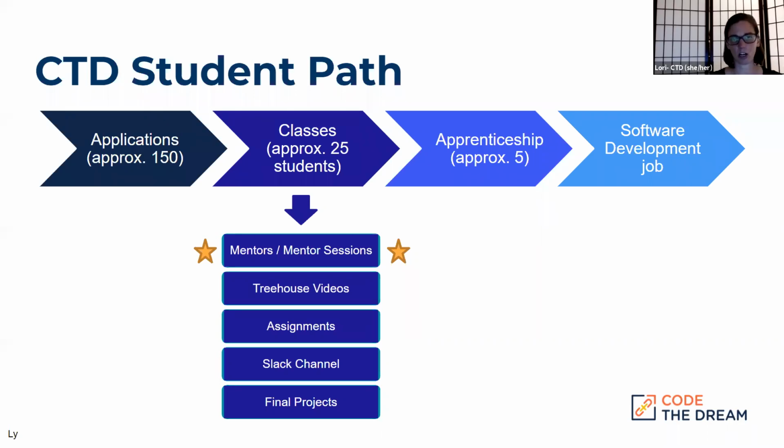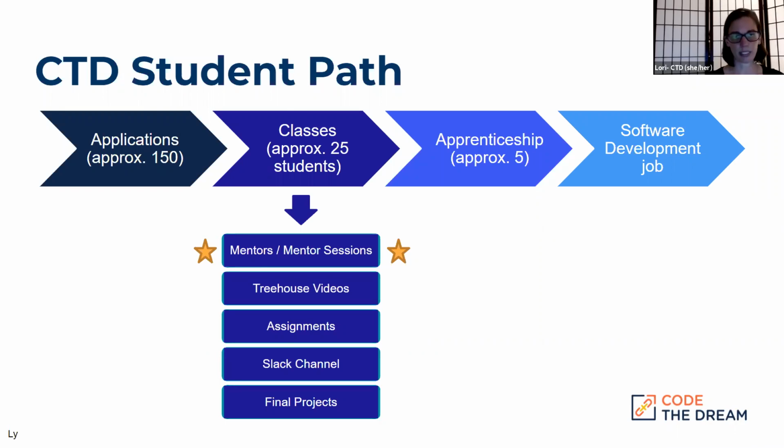But then each leg of our classes lasts approximately 4 months. So the intro class is 16 weeks, the Rails class is 16 weeks, the React class is 16 weeks. If a student successfully completes the intro class, including presenting their final project, they are eligible to go on to the React or Rails class. And in some cases, we do have students come directly into the Rails or React class if they can demonstrate some mastery of those initial basic skills.